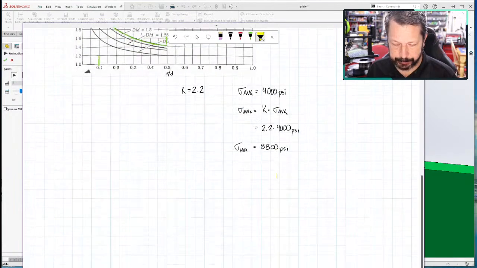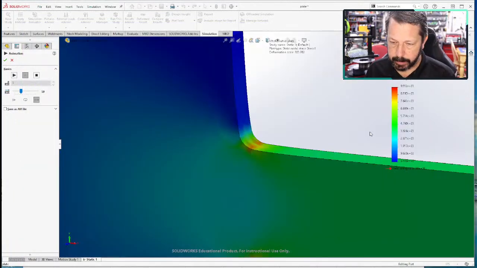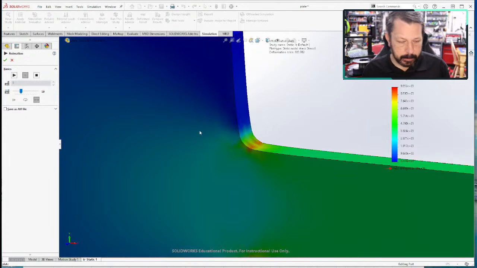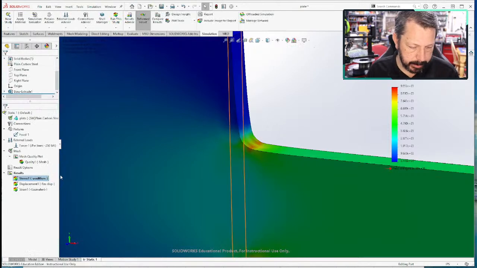Now let's see if we're anywhere near this number. I haven't checked that yet. Actually, we're not far. So here's our von Mises stress. It is maxing out at 9,500 psi. And that's not surprising that it's higher, because typically, let's see if I can close this guy out,